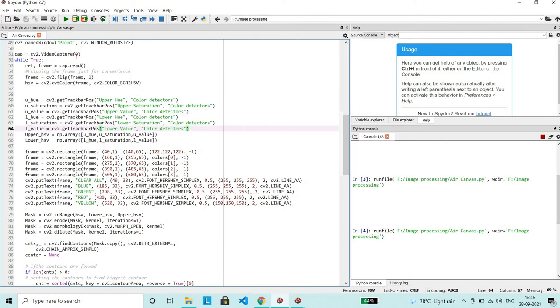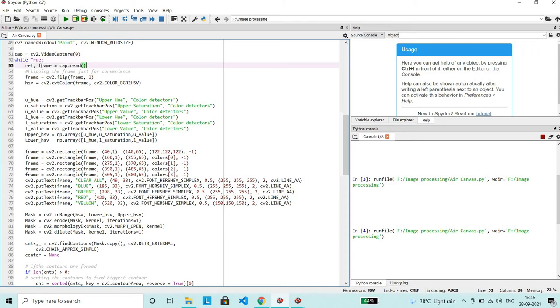Using cv2.VideoCapture, this is the point where we have started our camera. This is the inbuilt function of cv2. Now whenever we get a frame on the screen, we read it using the read function.